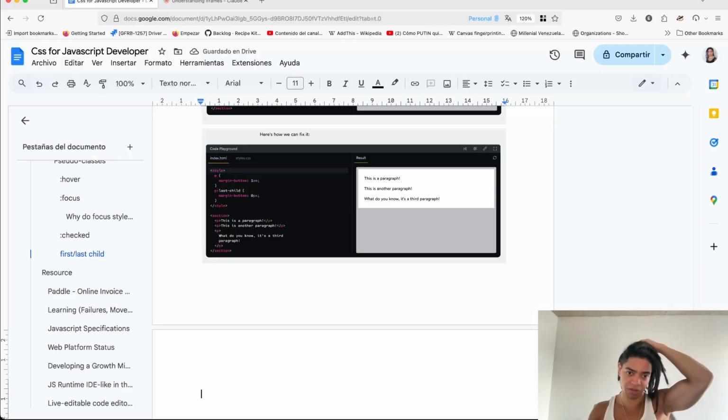It's because the first child, find the first child. Okay, find if the first child in this section is a paragraph. If it is, good. But if you change this and say something like this, right, and rerun,